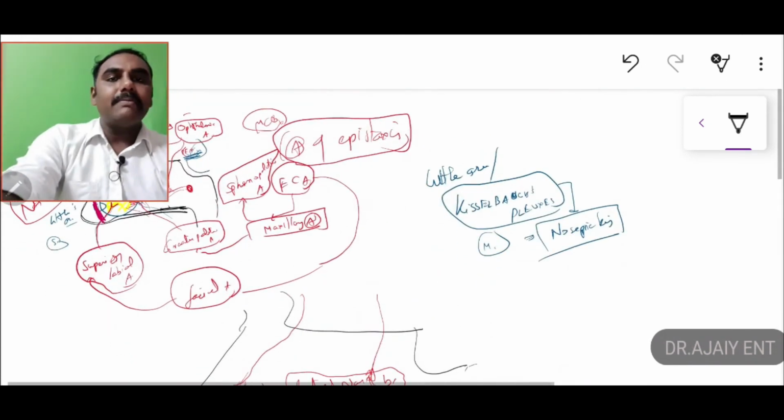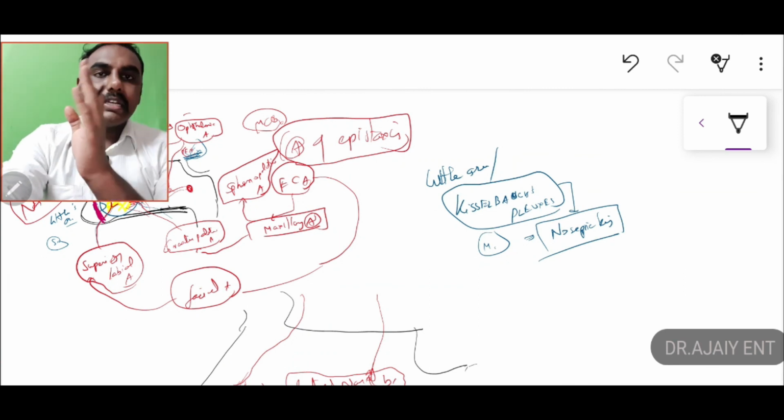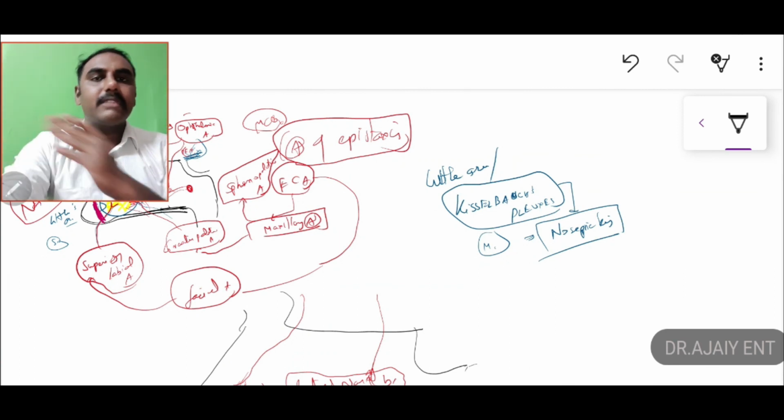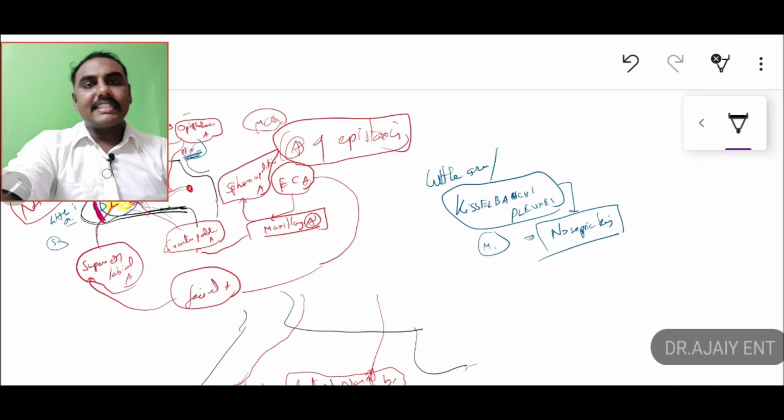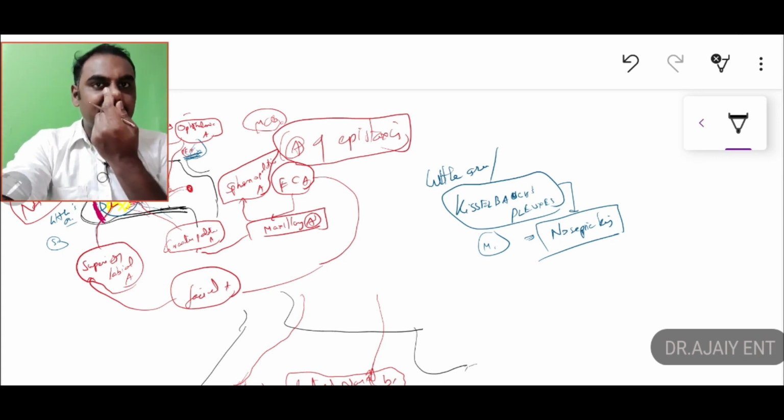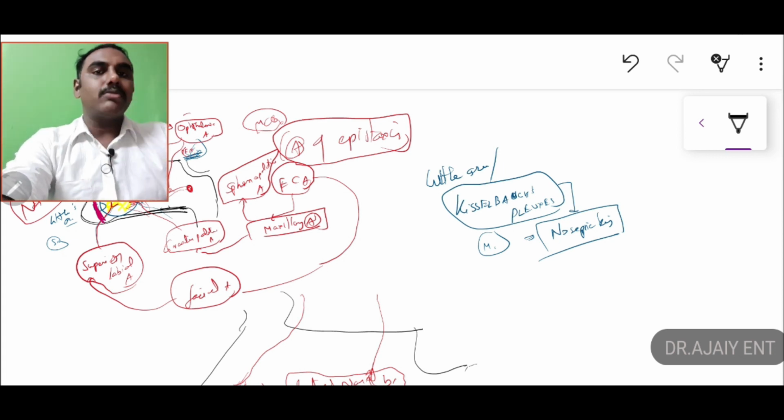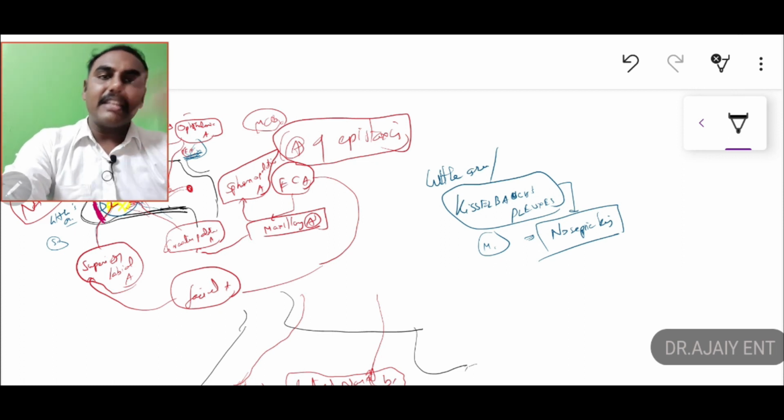So this is regarding the blood supply of our septum, which is very important, and the blood supply of the lateral wall of the nose. As I explained, there are two plexuses: one is Little's area or Kiesselbach's plexus, and the other is Woodruff's plexus, which you need to know. Fine. Epistaxis I will deal with in a separate chapter.